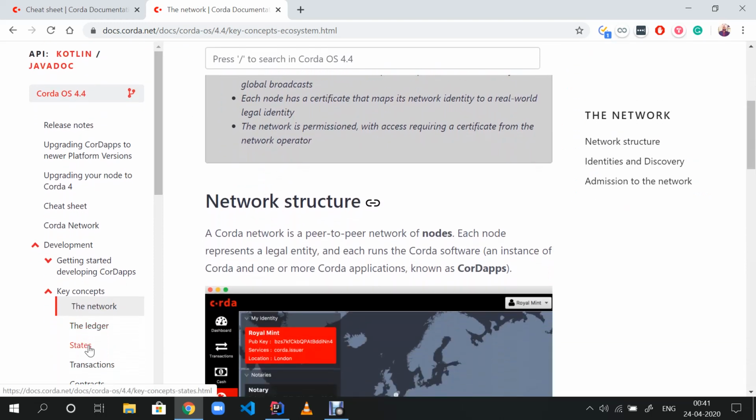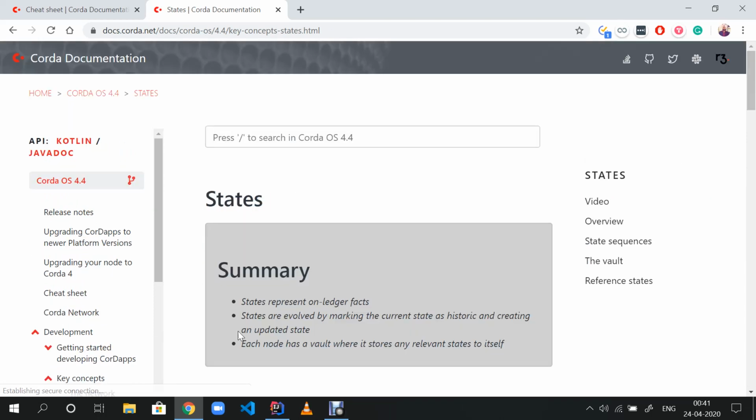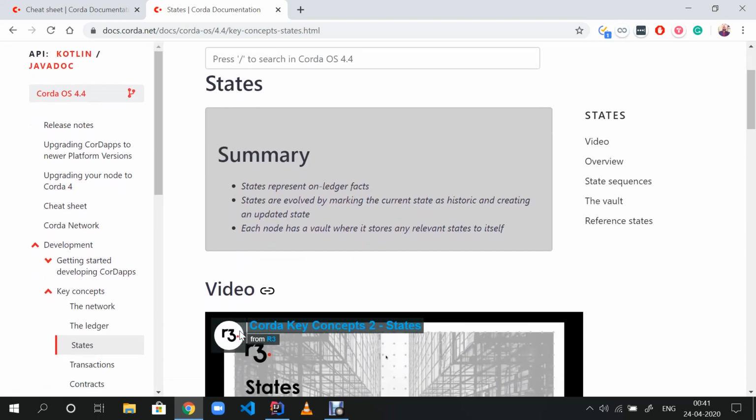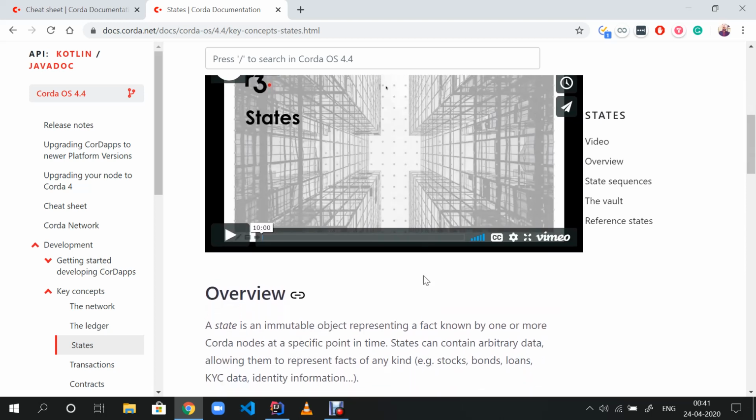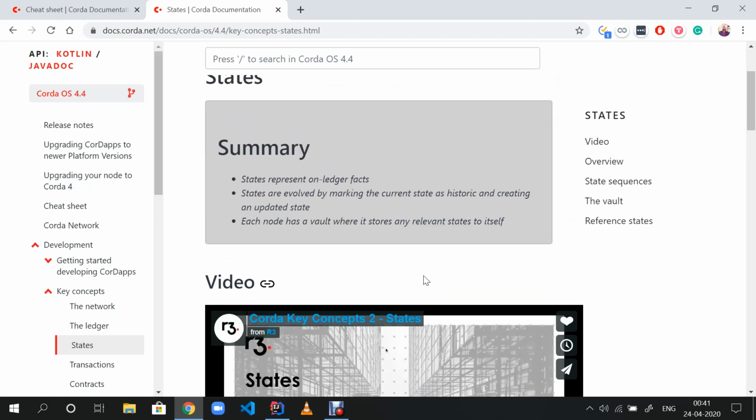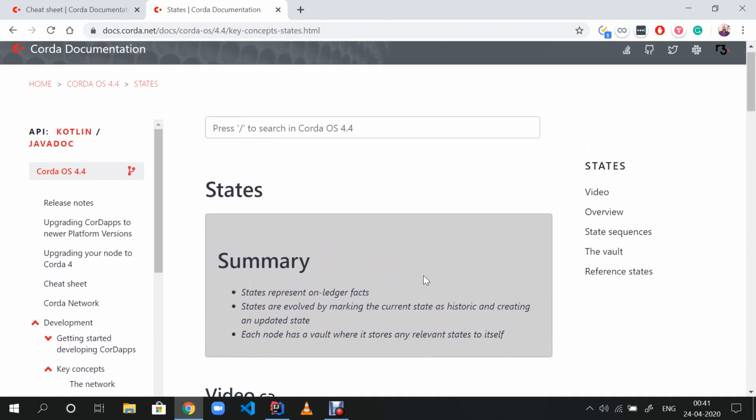For example, when I talked about states, see, states represent on-ledger facts, and each node has a vault where it stores all relevant states. So I obviously cannot cover all the topics about Corda because it's a vast blockchain platform. So it will be better if you search about these things along with your development journey.